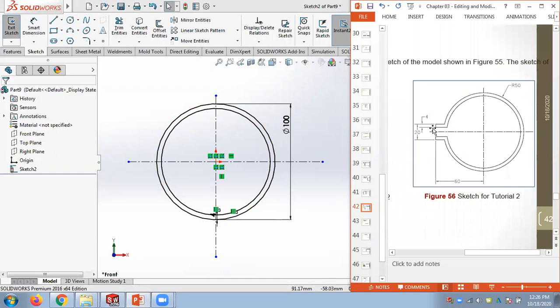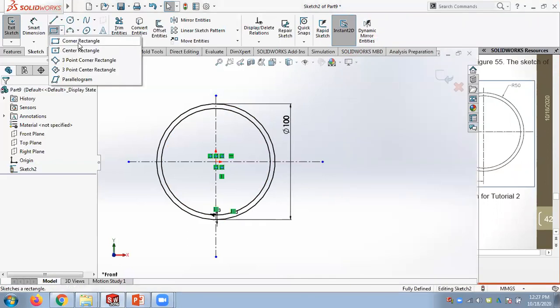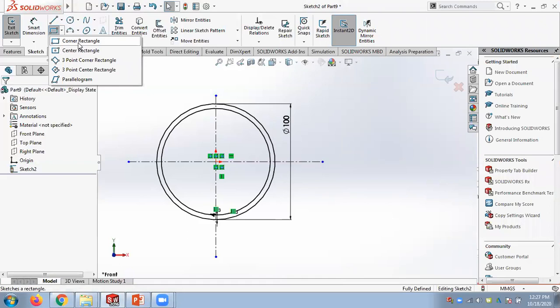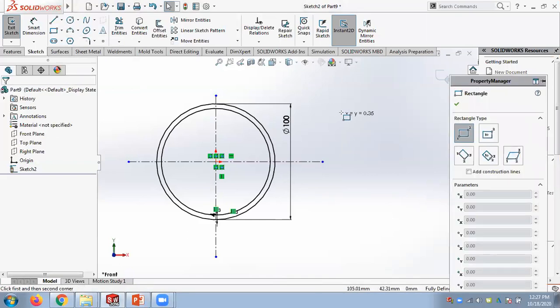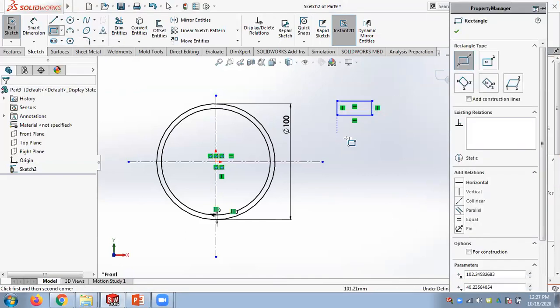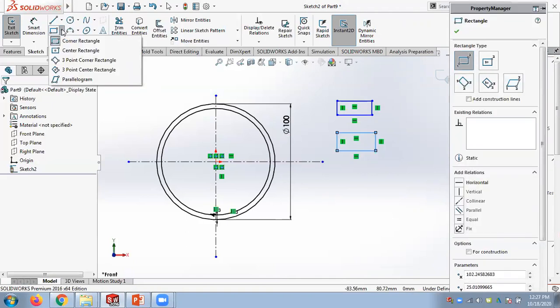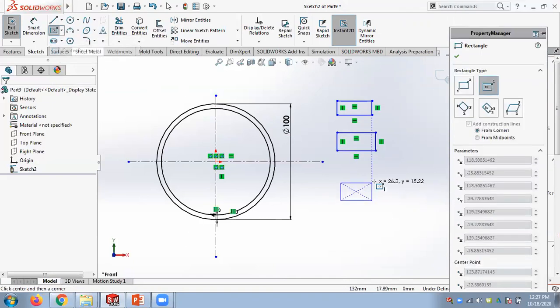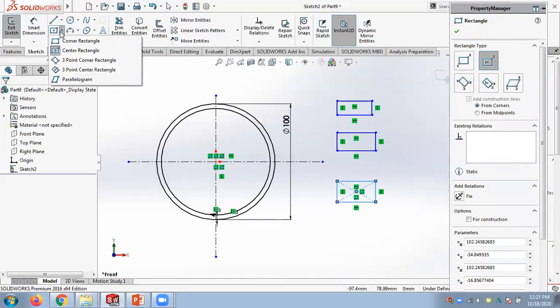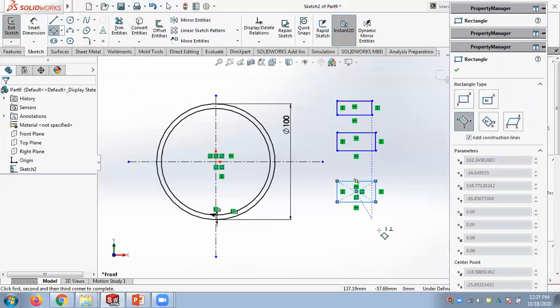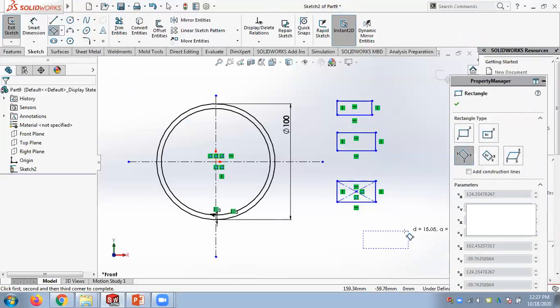We cannot directly draw the shape. We will draw a rectangle and trim the tips. We have to trim this middle lane. We can use a rectangle tool if you want, or else you can use the line tool. If I use the rectangle tool, these are simple tools. The first is the corner rectangle, where I'm just giving two corners like this and drawing the rectangle this way. The other one is the center rectangle, where you give the center point and draw the rectangle. Then there's another one called the 3-point corner rectangle. You have to give the length or the width and the other.